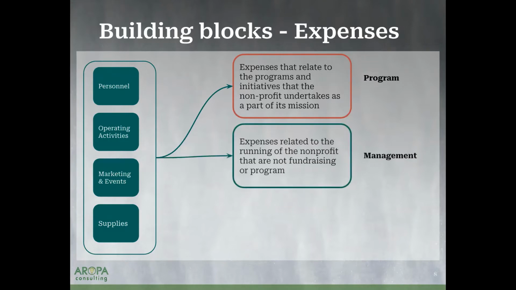The other designation is management. So these are expenses that are related to the running of the nonprofit, right? We need an accounting system and an accountant. We have rent for our building. We'll talk a little bit about rent more in a second, though. Anything that you can't say we purchased this for this program is considered a management expense. Other words that you might have heard are overhead, or general and administrative. There are lots of different ways to say management.